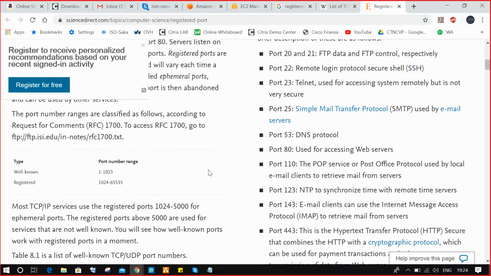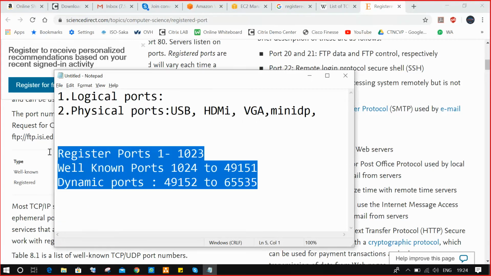So this is the range. Okay, if you want, you can note it down. That's not an issue.